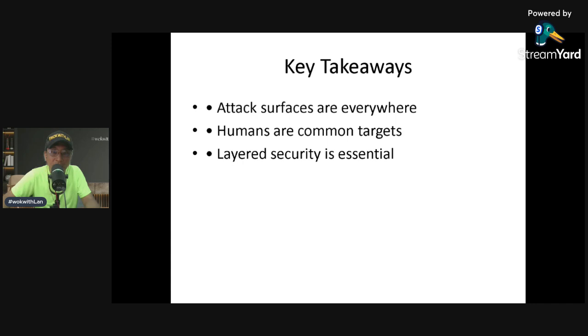Physical, human, and data controls must work together. All these controls, usually I classify them as technical, administrative, and physical. All of these controls should be integrated together in order to be effective. Effective cybersecurity is not about one tool, it's about layers of protection.